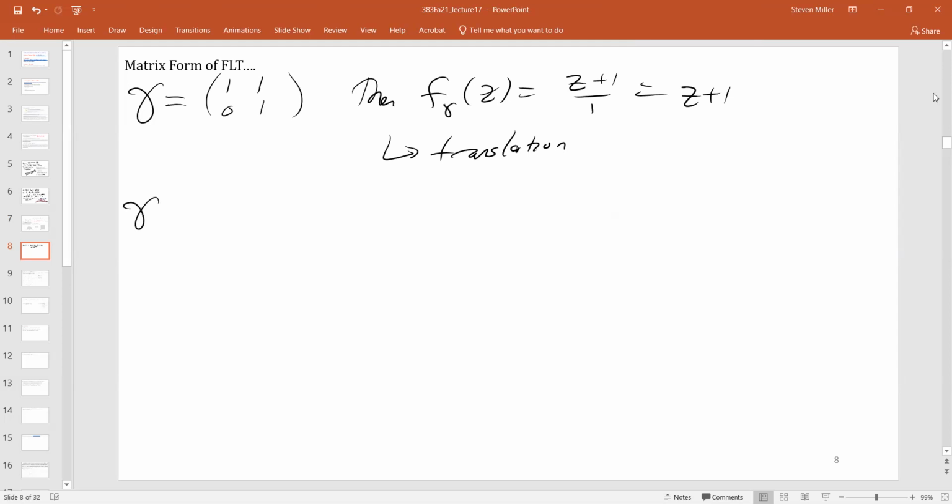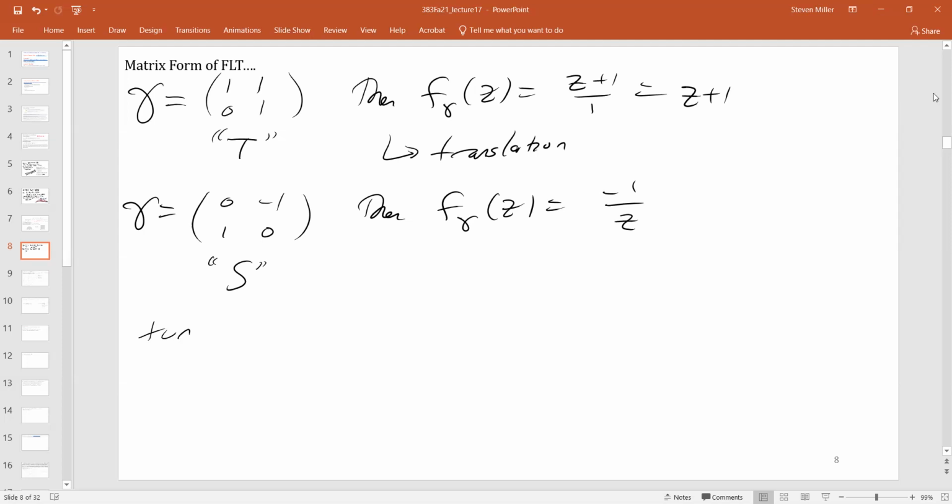And we often denote this matrix by T. Another good one to take is 0, negative 1, 1, 0. Then f of gamma of z is going to be negative 1 over z. And if z is in the upper half plane, so is negative 1 over z. And we often denote this map by S. And it turns out S and T generate